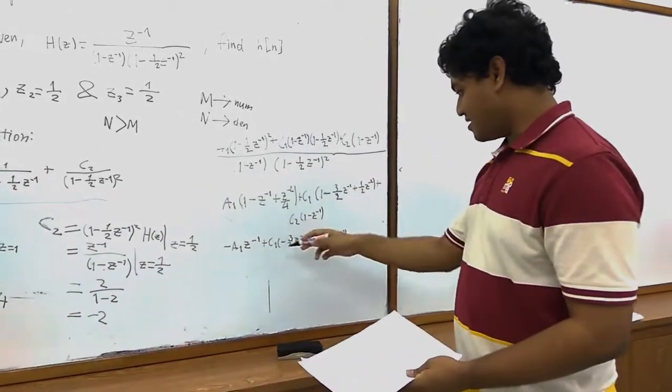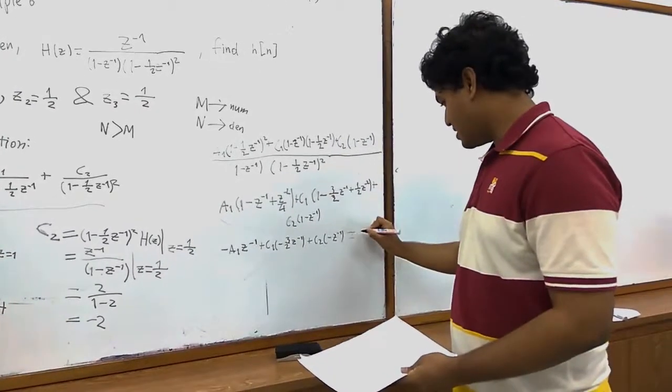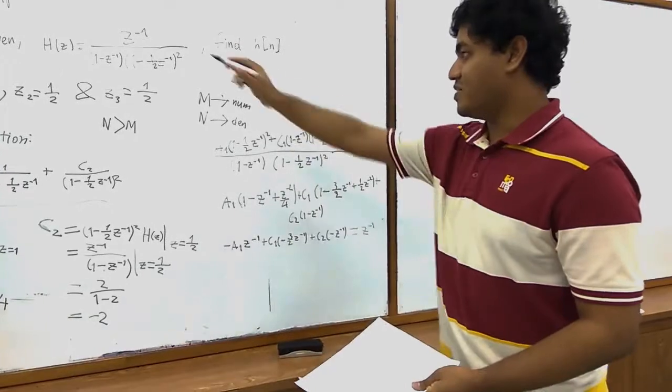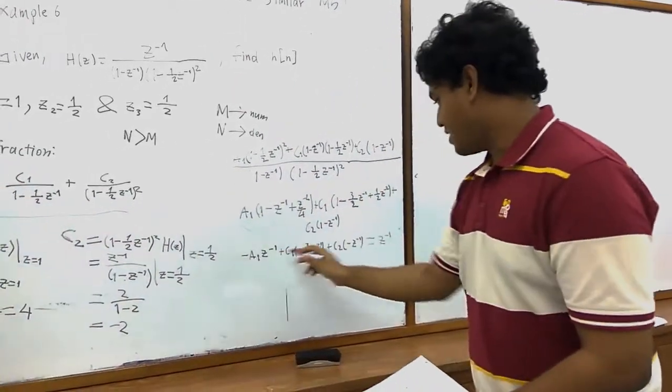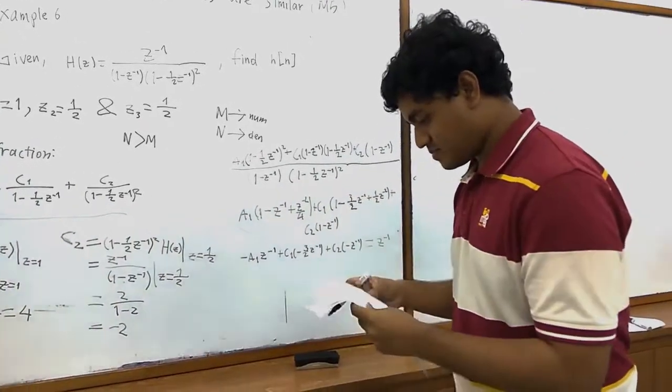Overall, in the end, this will be your numerator, and you have to compare it with your numerator at HZ. So just put in the values of A1 and C2, and we can get